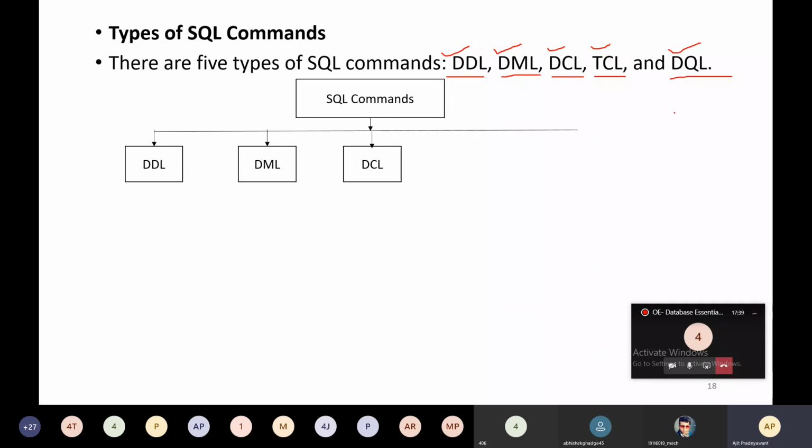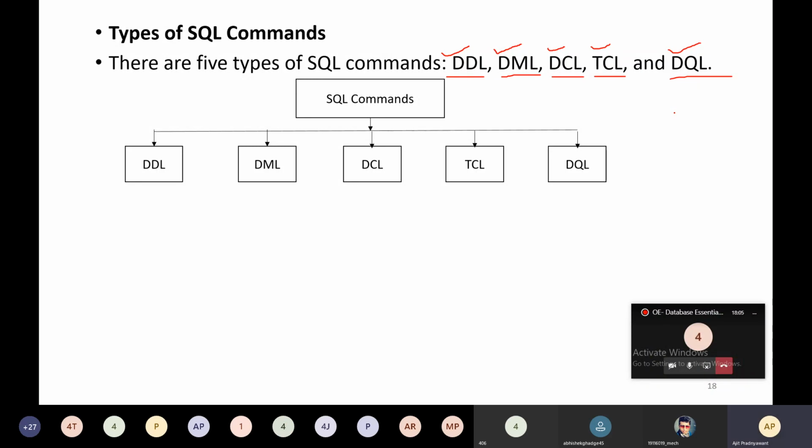We will have queries of DDL and DML, and as and when required, we will follow the remaining commands, DCL, TCL and DQL. Next is TCL, and last one is DQL, data query language. So these are the types of SQL commands.